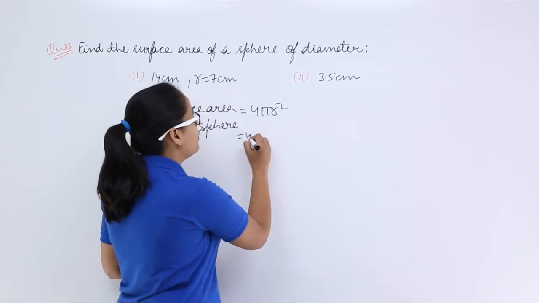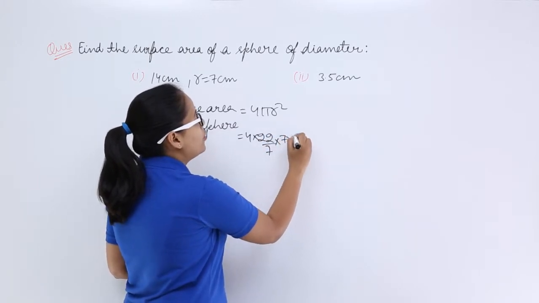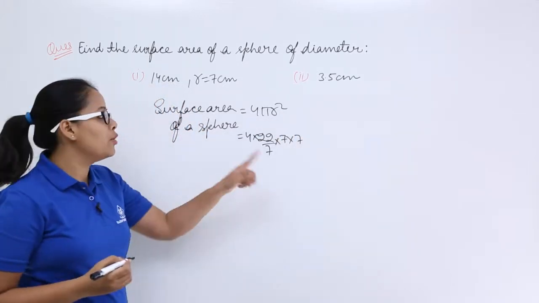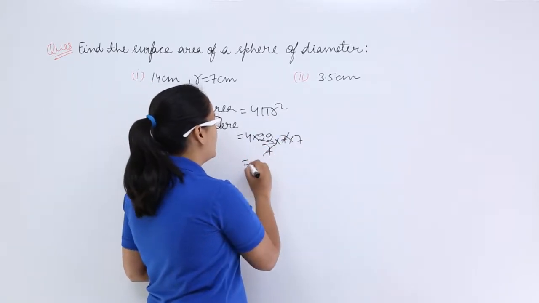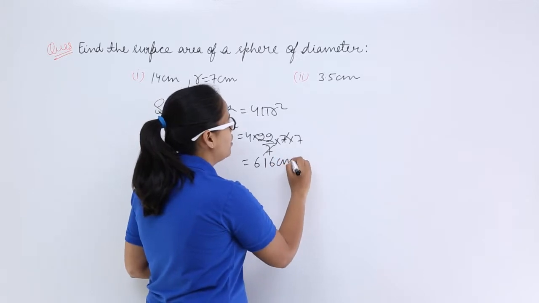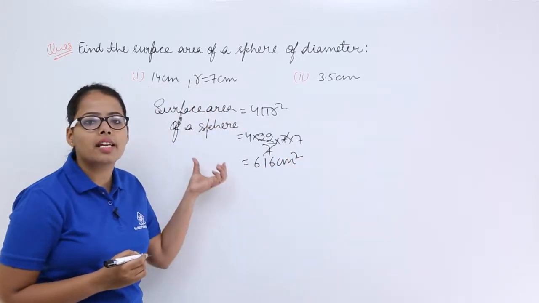So let's put this value here and get the value for the surface area of a sphere. You can write r square as 7 into 7 because here the power of r is 2. 7 and 7 will get cancelled out, and on evaluation you will be getting 616 centimeter square as the surface